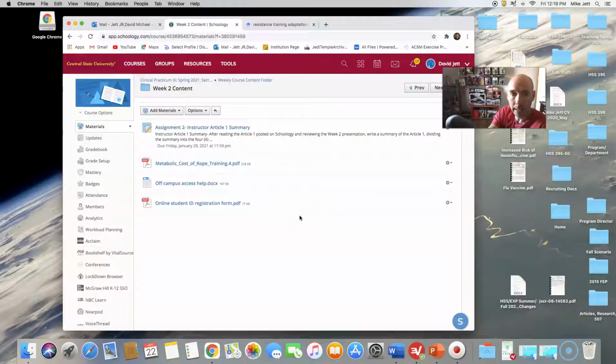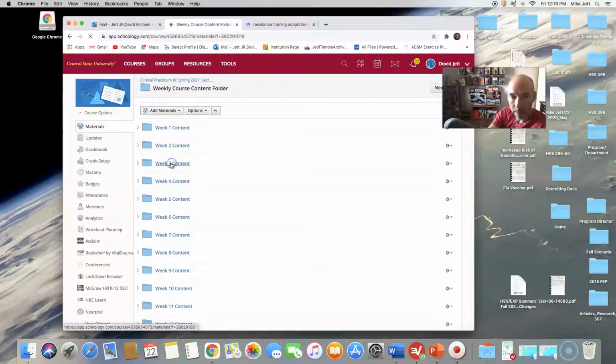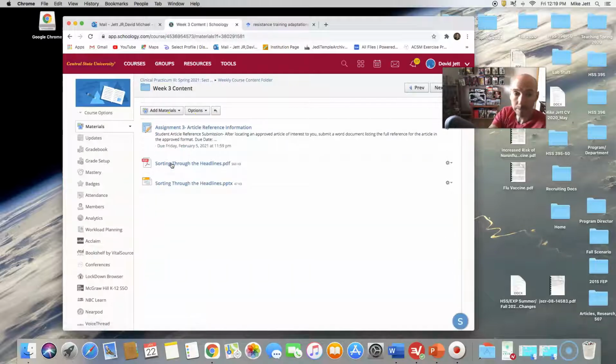Next week, we're going to look at how to search the library, and I'm going to give you some more information about how to find good articles, and then also we'll talk a little bit about, again, how to create your citation for your article, and that's what you're going to submit for assignment 3 after you actually find your article,